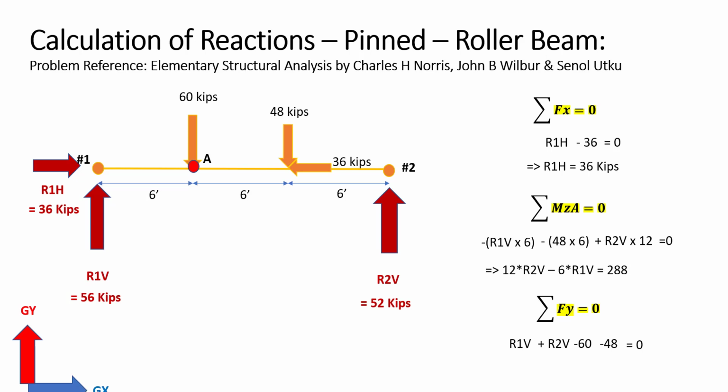And if we go on, we will see that we have derived another equation which again has the same unknowns as the first equation. So we have actually derived two equations, equation 1 and equation 2, with the two unknowns R2V and R1V. Now if we solve these simultaneous equations, we will solve for both R2V and R1V. But we can see that this creates a bit of inconvenience